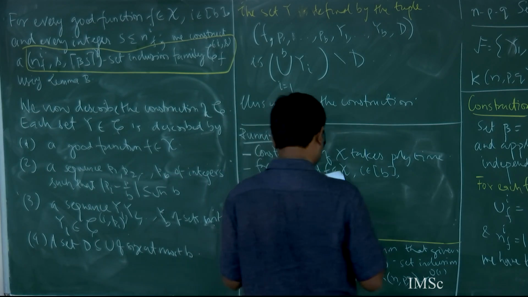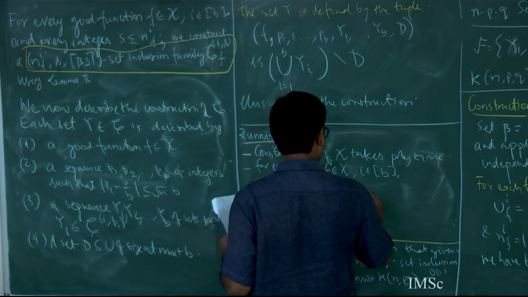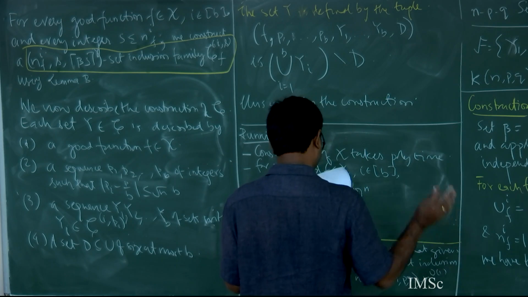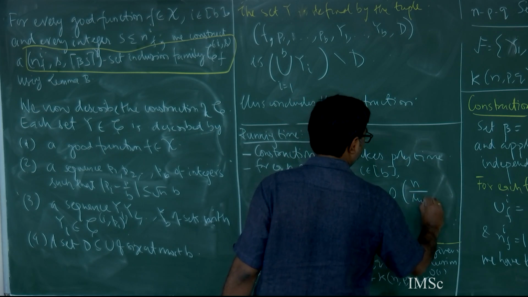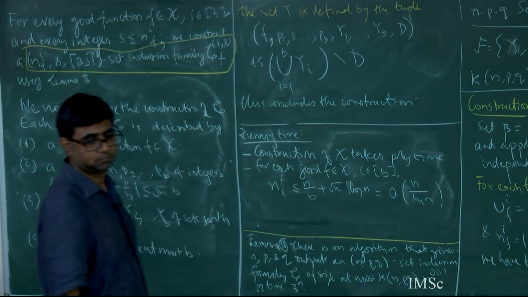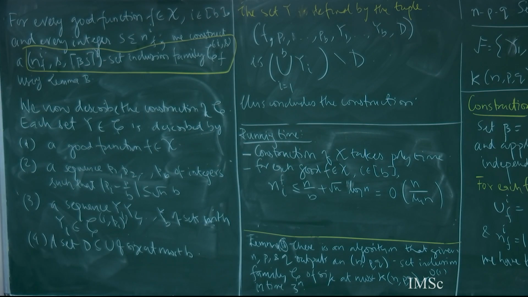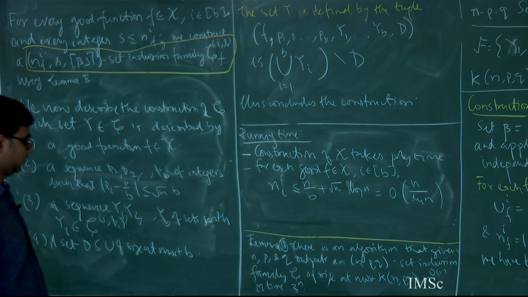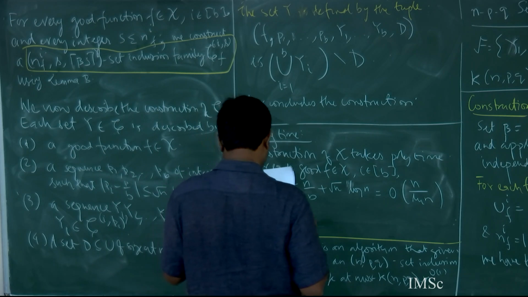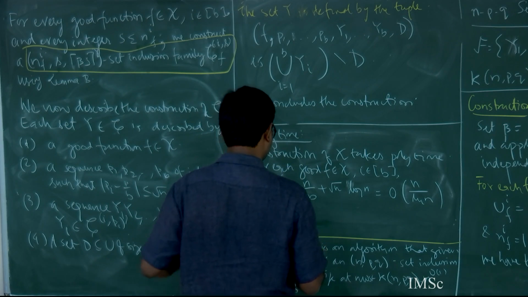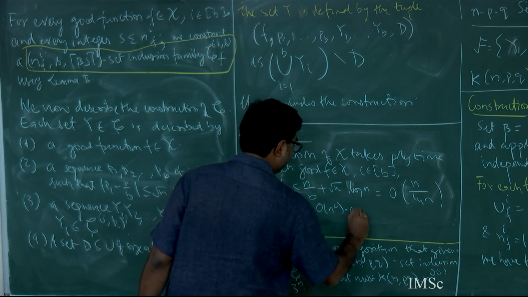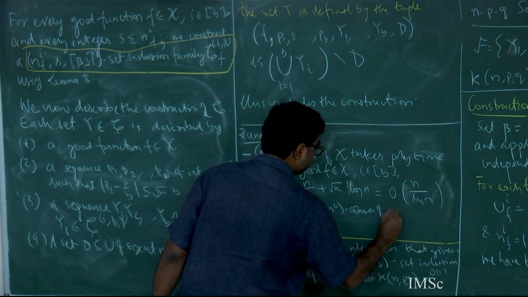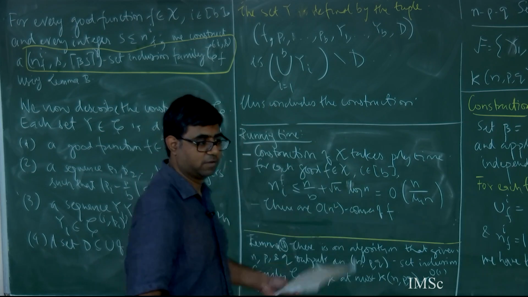But what is b? Roughly log n. You can put log n plus 1 if you wish to. But this is exactly equal to order n divided by log n. Root n log n cannot exceed n divided by log n. So this is big O of n log n. There are order n square choices of f. So maybe all of them are good for all that I care.